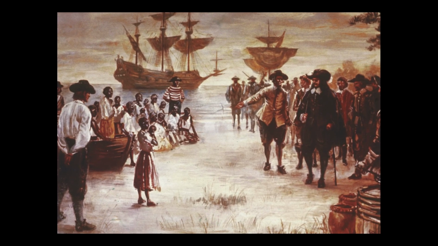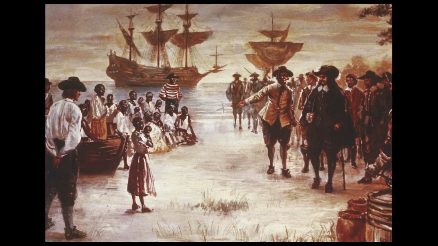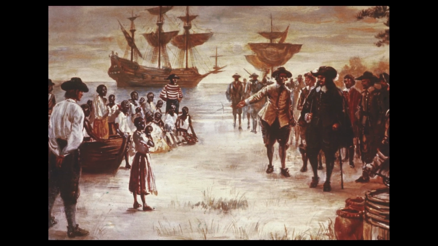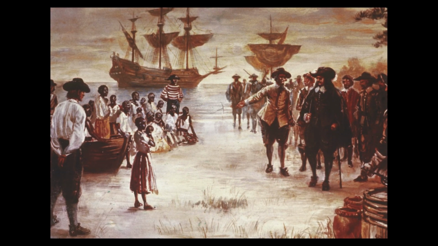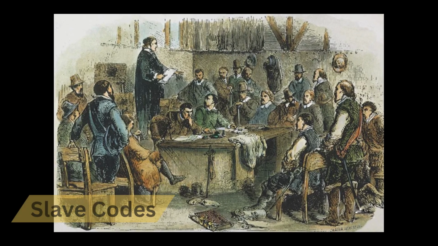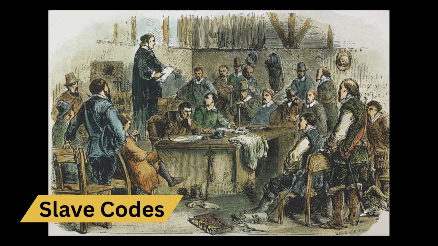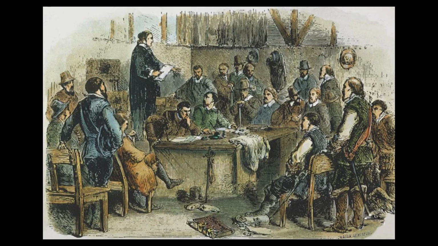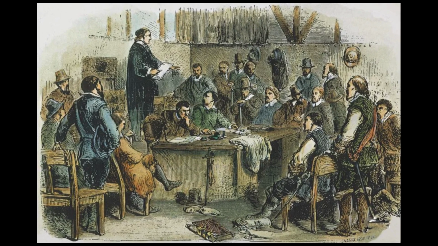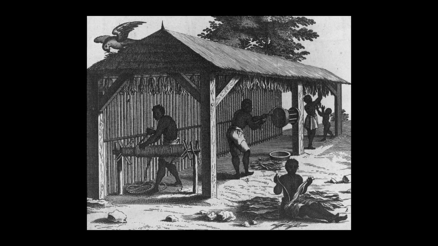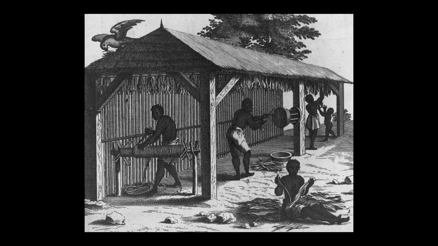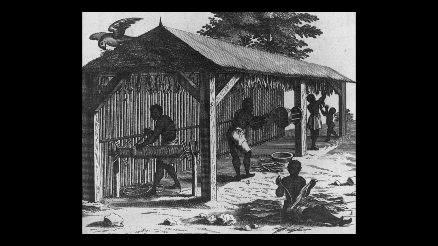The arrival of the first 20 Africans in Jamestown, Virginia in 1619 marked a turning point. These individuals, likely from the kingdom of Ndongo in modern day Angola, may have initially been treated as indentured servants. But by the 1660s, things had changed. The Virginia House of Burgesses passed a series of slave codes, laws that transformed African servitude into permanent hereditary slavery. These codes made clear that slavery would now be race based,